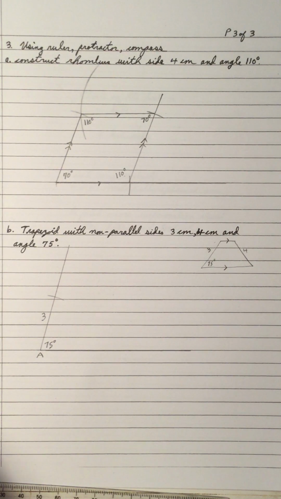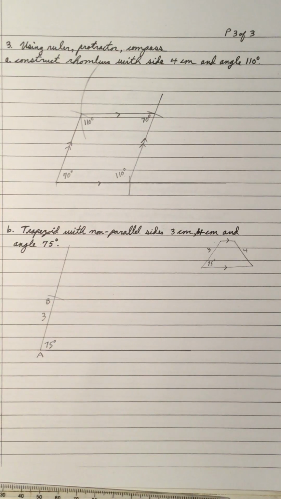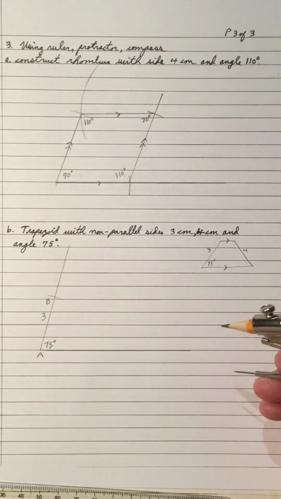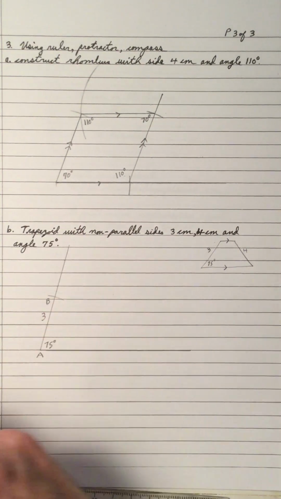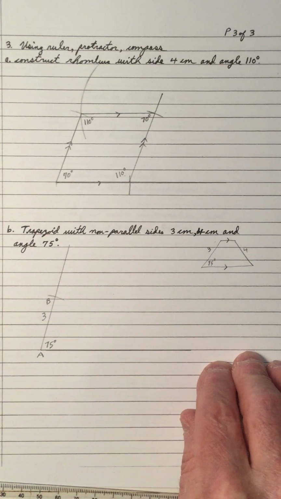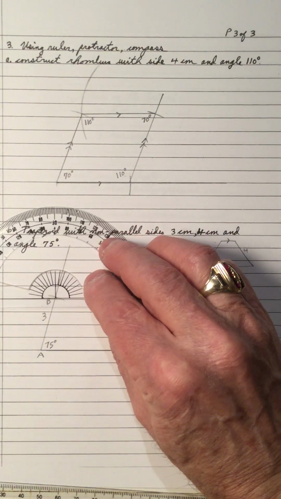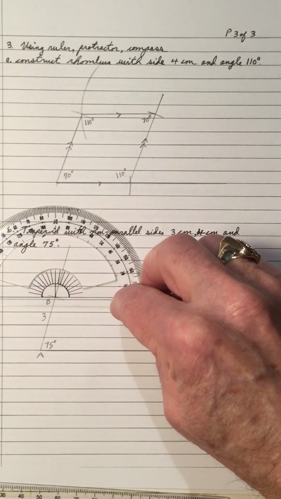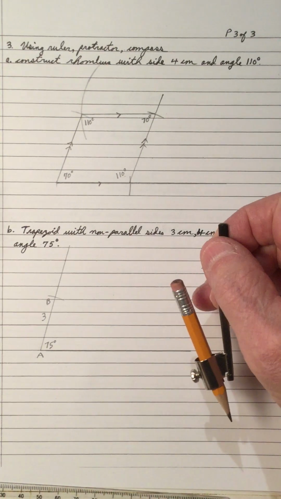So that means I have to take A, and let's take this point as B. At B, I'm going to construct, copy the 75-degree angle right here. I'm allowed to use a protractor, so I can make a 75-degree angle here, but it's hard. I could line it up like this, but I don't know if they're going to be parallel. So I could put it at B like that and mark off my 75 coming up this way. But what I'm going to do is copy the angle, and then I know the lines are going to be